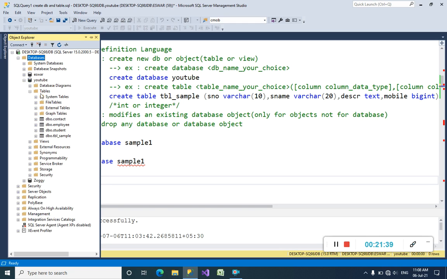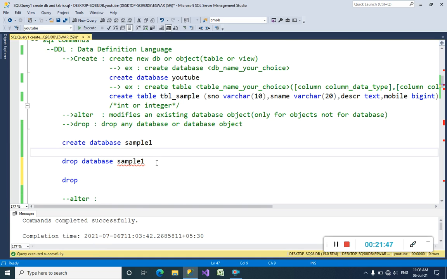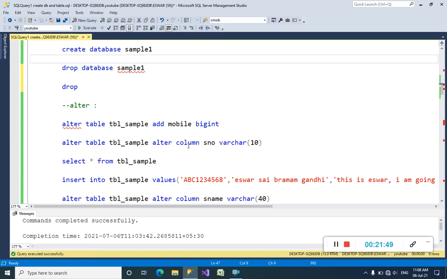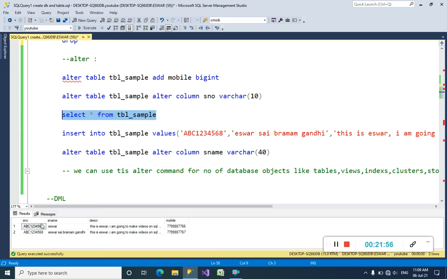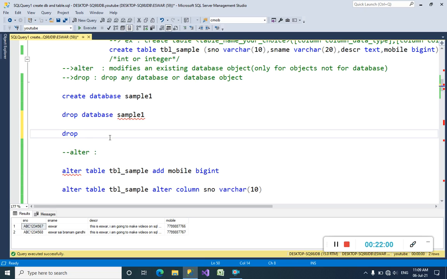Yeah, the table exists. I just want to confirm by refreshing. Yeah, the table sample is here, and I also want to show the data which exists in the table. Yeah, we have 2 rows in the sample, but we can drop it as well.